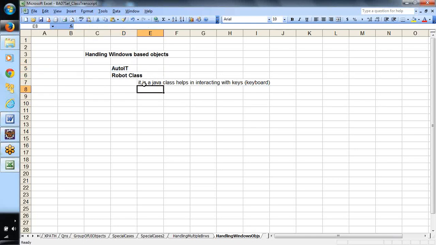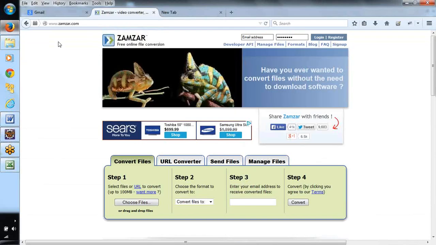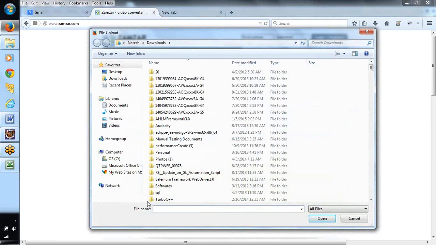Now here we'll try to automate the same scenario. First we will open this application, then we will click on this particular Choose File button. Normally, manually, we'll browse for a file that we want to upload.